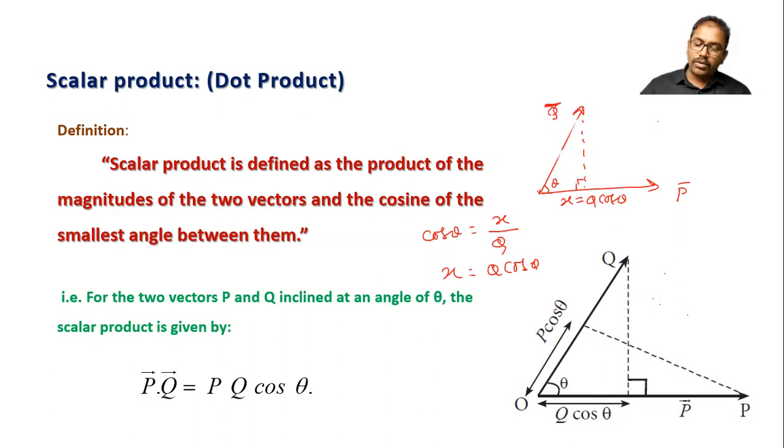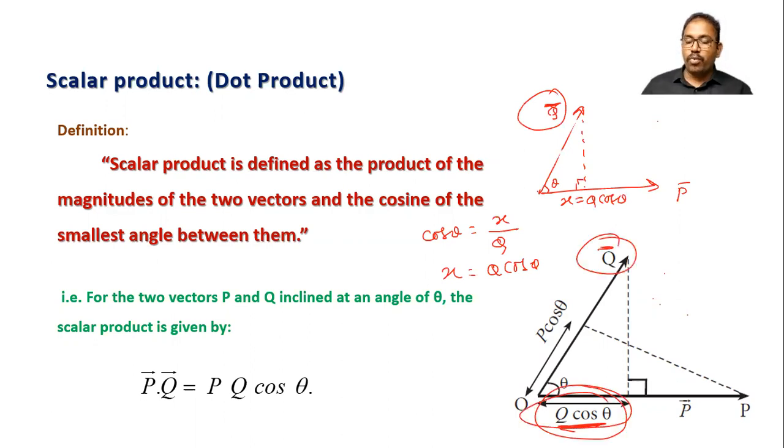So you can see here q cos theta means vector q bar is in this direction and its component is in this direction. You can see, so this is vector q bar and the component is coming in this direction. Similar